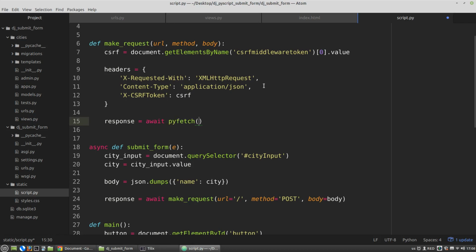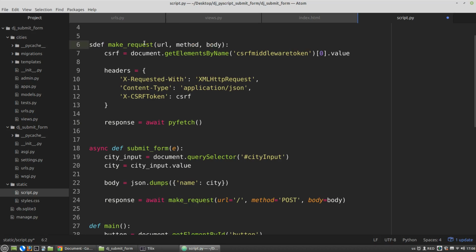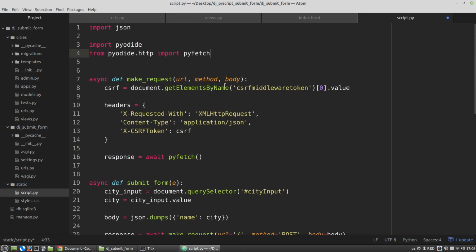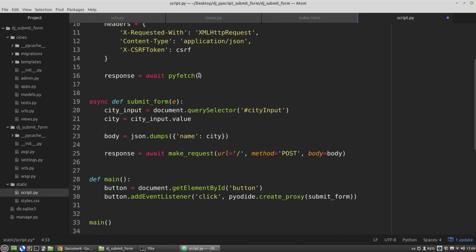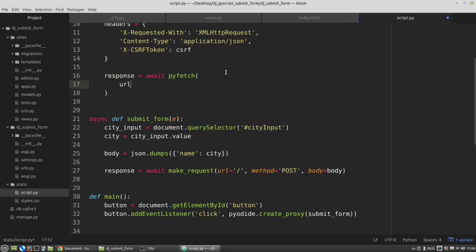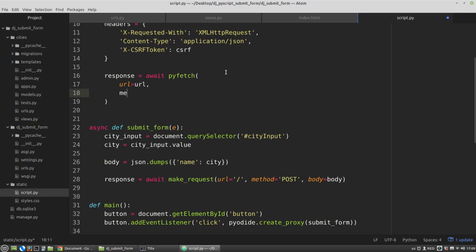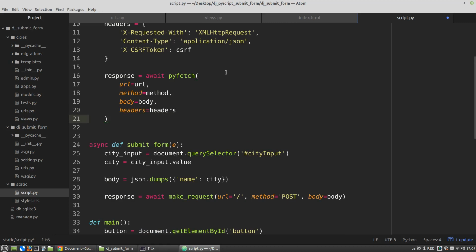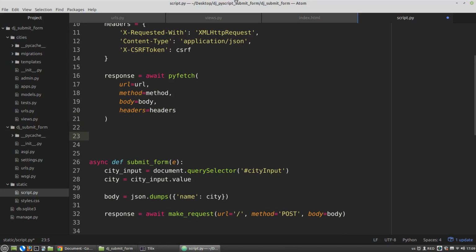PyFetch is a wrapper for JavaScript fetch function, and so it uses the same API. The fetch function is asynchronous, as you know, and so we have to use the await keyword, and accordingly the make request function should be asynchronous too. Async. And of course we have to import the PyFetch function. Okay, and now let's make a request to our Django app with PyFetch. URL will be URL, the method will be method, body will get the body variable,